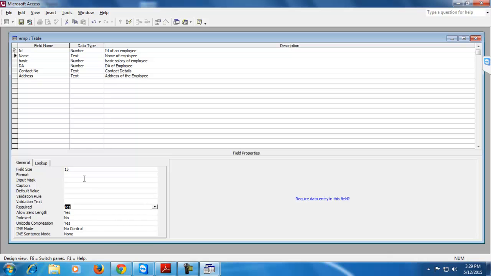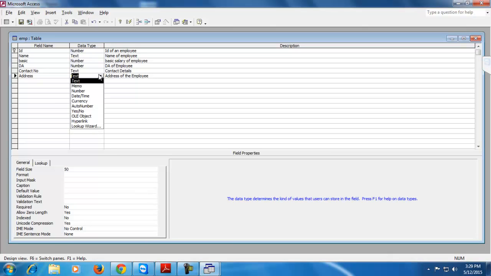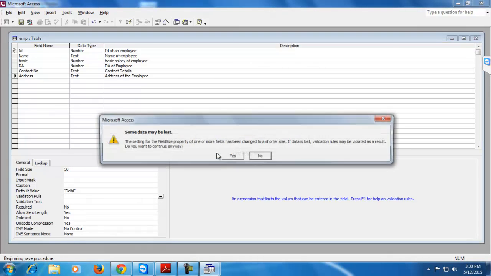Similarly, you can set the default value for the default constraint, means if the user does not enter any value in the address field, suppose, then by default which value you want to specify here, that is Delhi, or you can specify any other value. After making the changes, click on Ctrl W and click on yes.